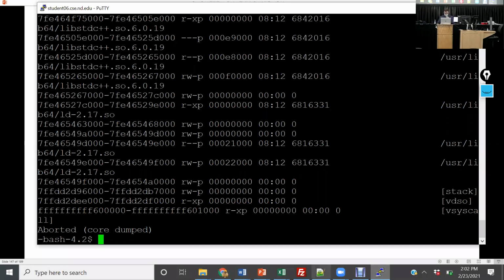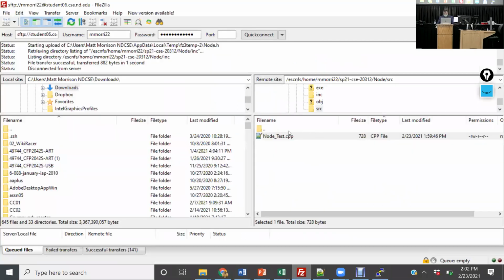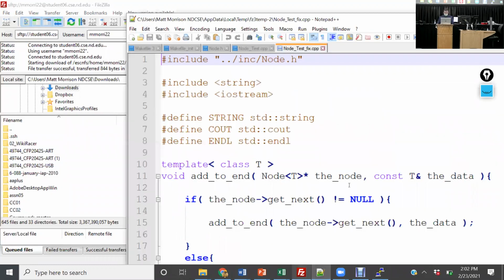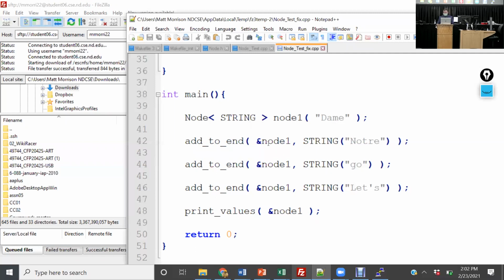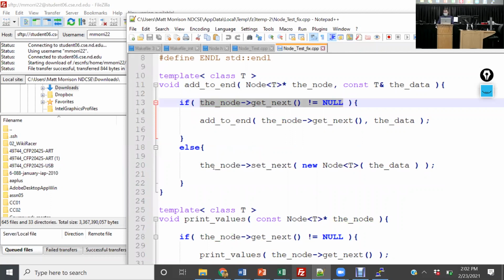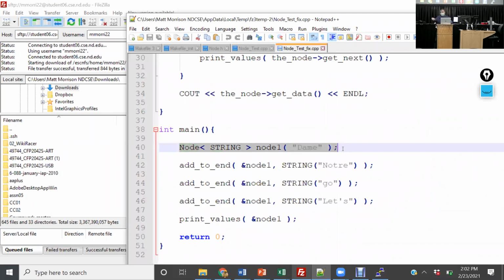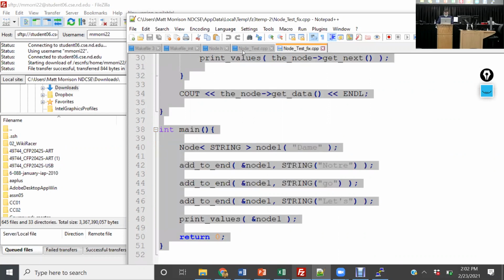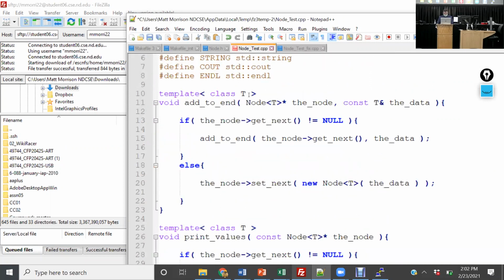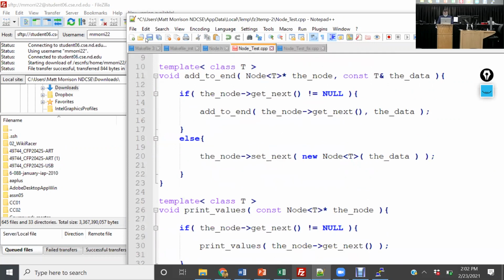So the way to fix it, and I'm going to copy this from here, and then I'm going to dismiss. This node test fix.cpp, what I'm going to do instead is I'm going to write a method called add to end. And add to end is going to recurse to the end and then call set next. And all we're doing is we're just going to create one node and the rest of them are linked together. So if I do this and put this in node test.cpp, and I hope I've done this properly with the node, get next, get data, and all that. But when we compile this and run it,